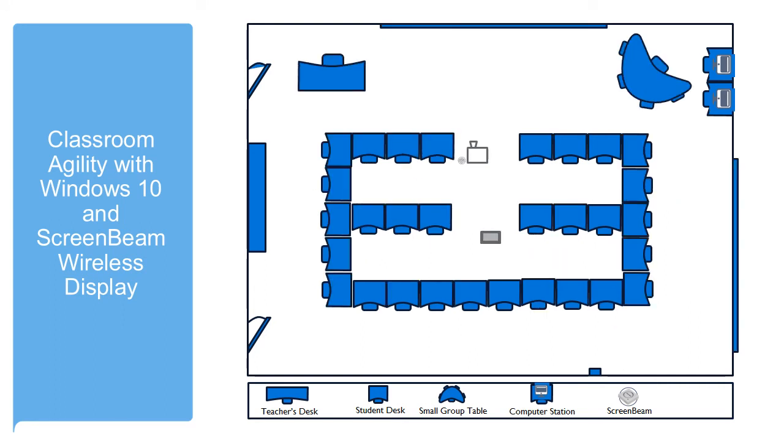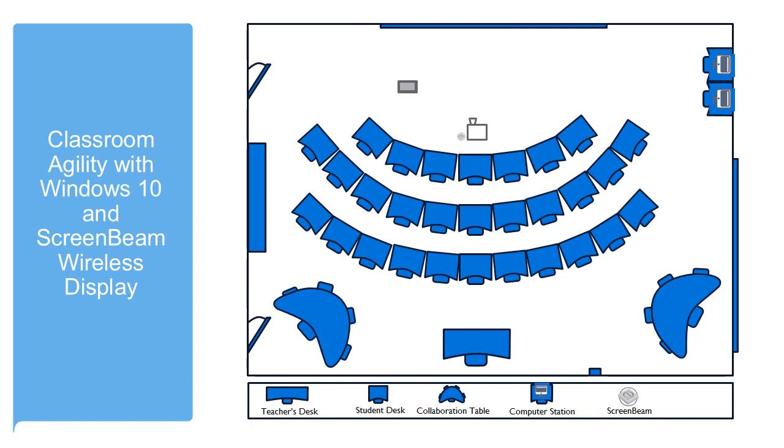So now when it comes to your traditional classroom setup, it doesn't really matter where your desk is. It doesn't really matter where your projector is. I can move my desks around. I can move my teacher desk around. I can move my kidney tables around. As long as I have the ScreenBeam and Windows 10, I can put my computer anywhere. I can walk around